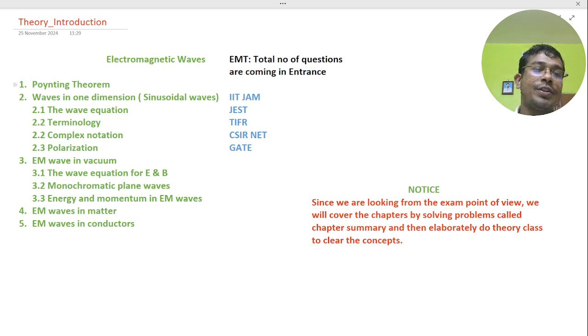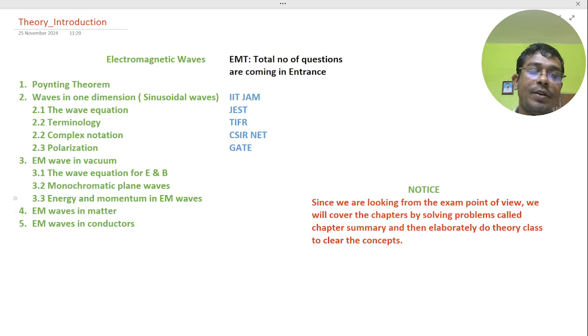Today we will discuss five topics: Poynting theorem, waves in one-dimensional sinusoidal waves, the wave equation, terminology, complex notation, polarization, EM wave in vacuum, the wave equation for electric field and magnetic field, monochromatic plane waves,